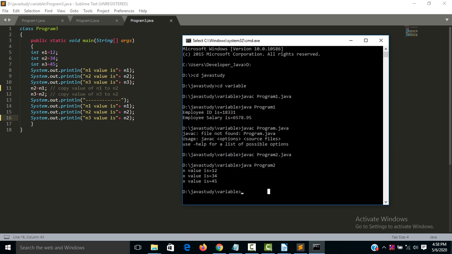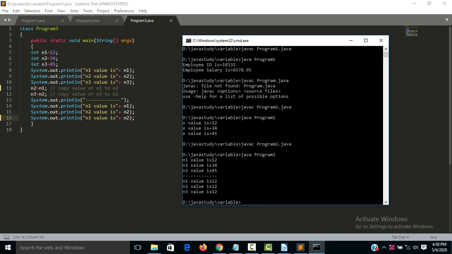Just compile it, type javac program3.java. It's compiled successfully. Just run it: java program3.